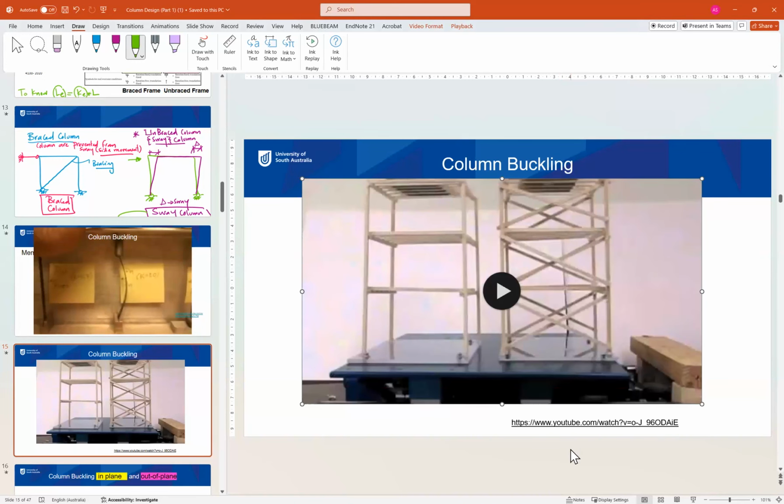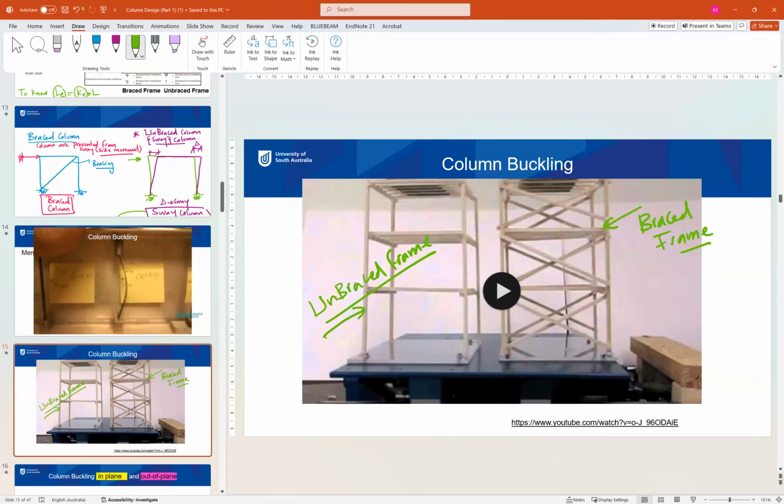So as you can see here, the unbraced column or the sway column, unbraced frame on the left side, and here the braced frame. As you can see, the unbraced frame was almost nearly to fail because of the applied vibration load, which simulates the earthquake loads,